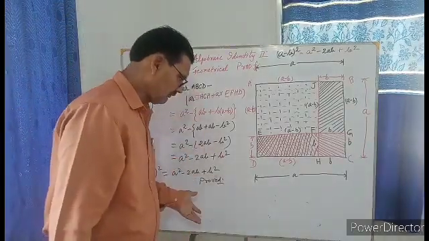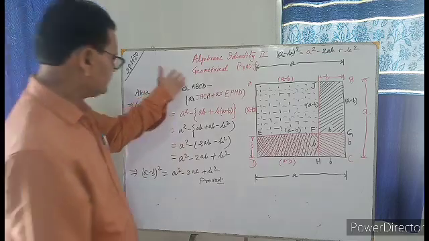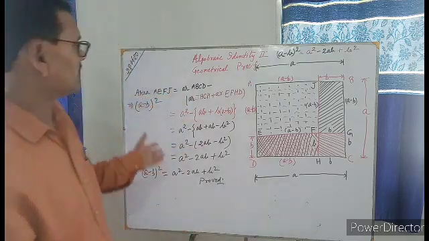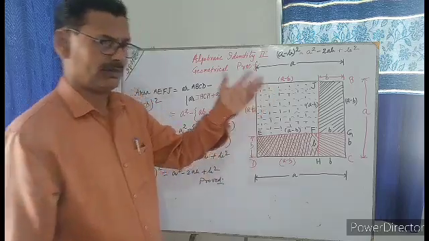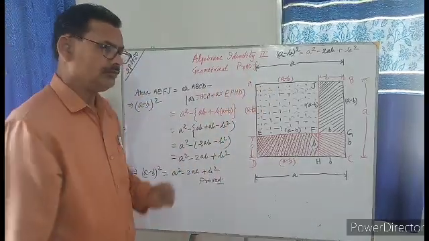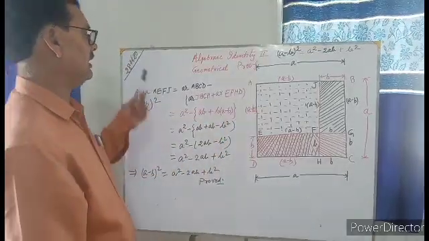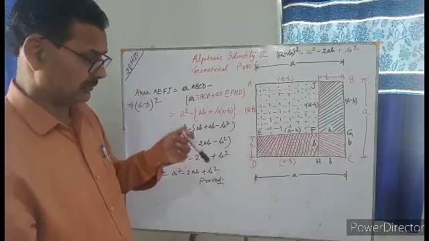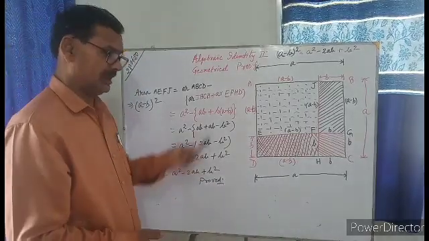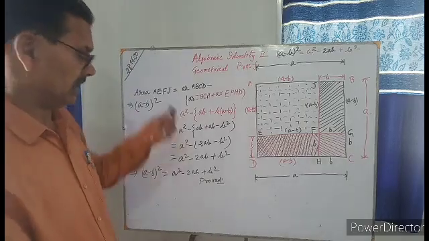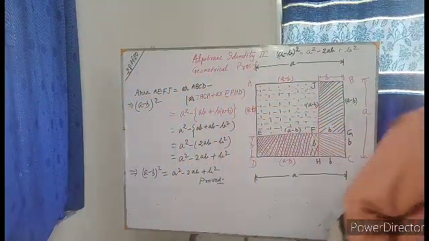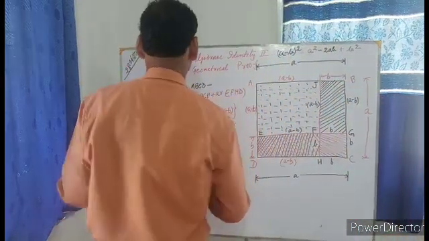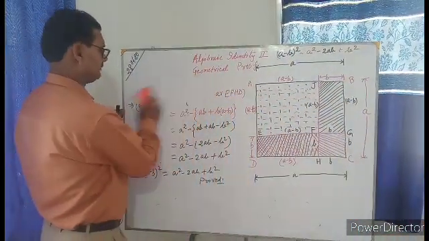So this is the geometrical proof of the identity A minus B whole square equals A square minus 2AB plus B square. Now I will again be present tomorrow with the proof of another identity, that is A square minus B square. Till then we may switch over to another identity,